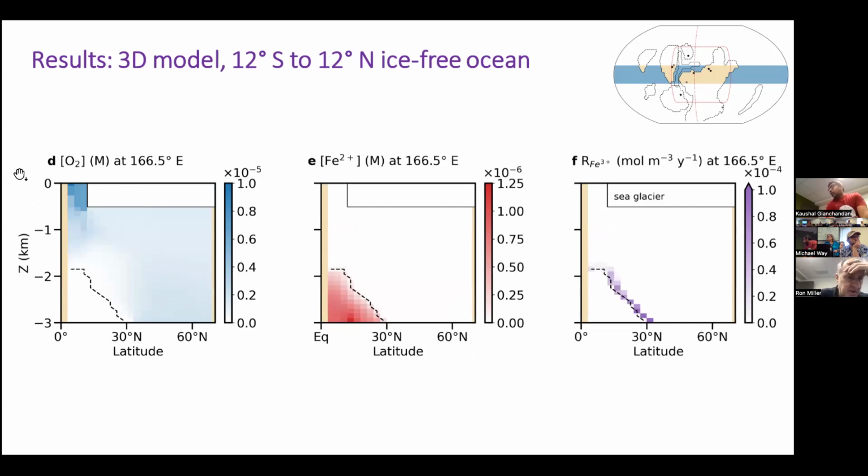The latitude depth profile shows the same picture. Comparatively, we have some oxygen near the surface, and in the rest of the ocean, there is a limited supply of oxygen. And the ocean circulation is such that you could form this patch of oxygen-free region. Iron 2 can build up in these anoxic regions, and wherever these iron-bearing waters meet the oxygenated water, you would have precipitation of iron 3. The dashed line marks the chemical deposition front in this case.